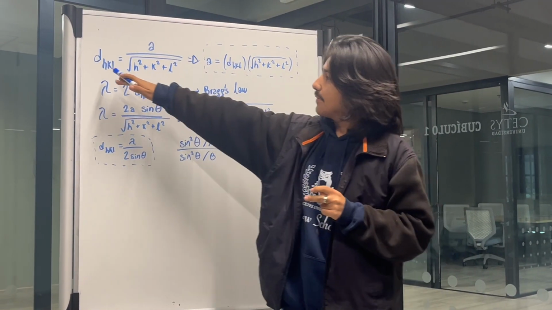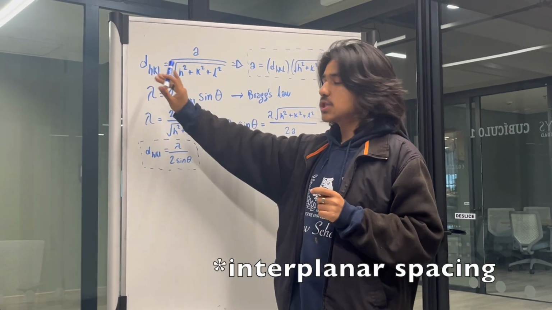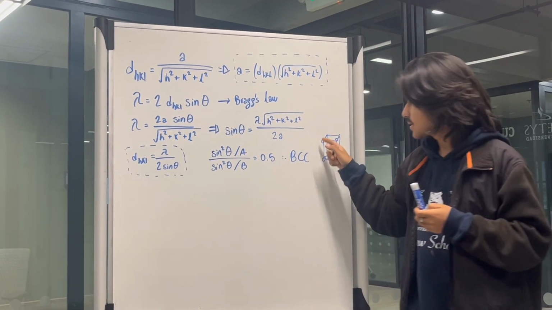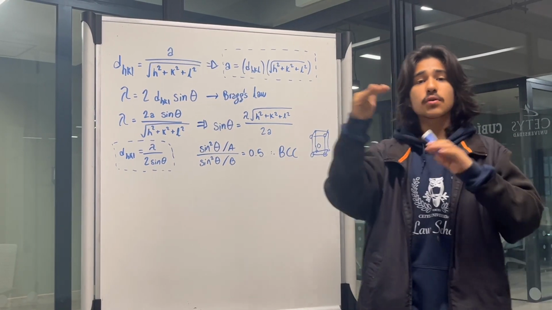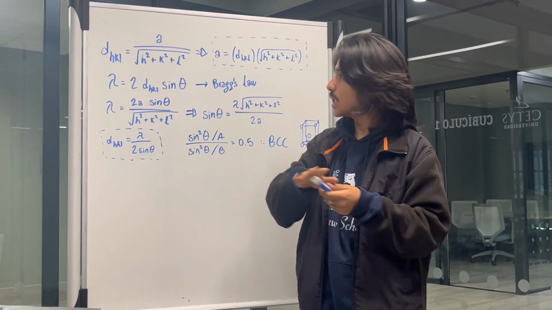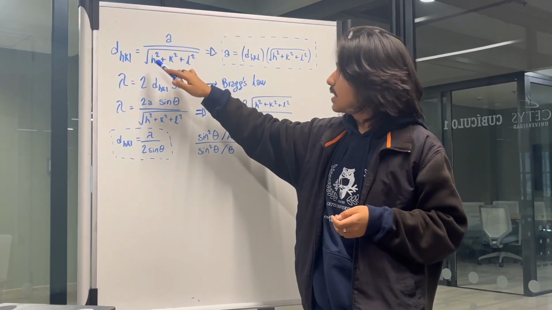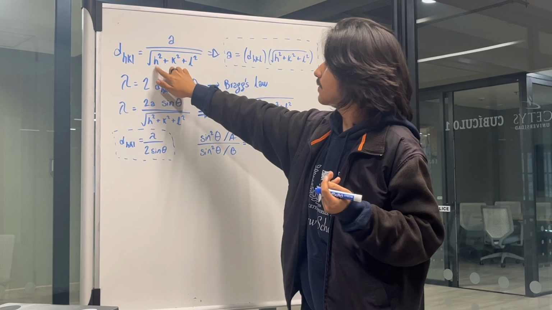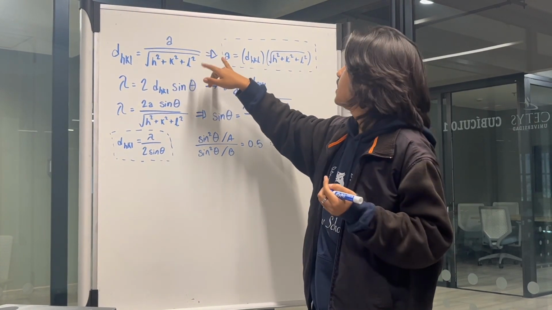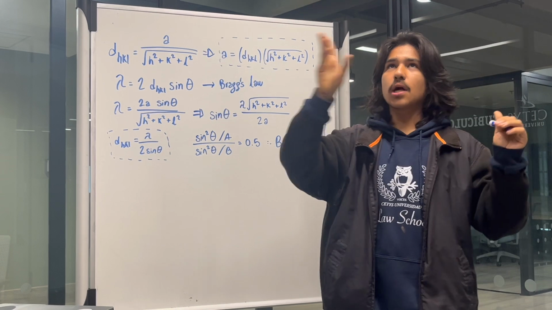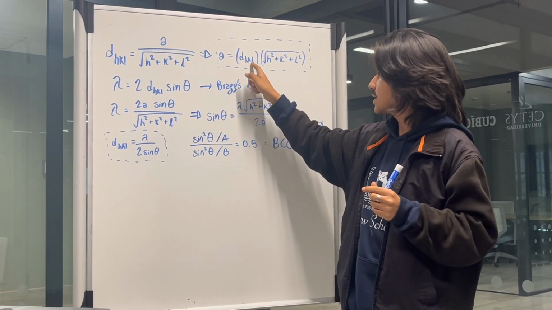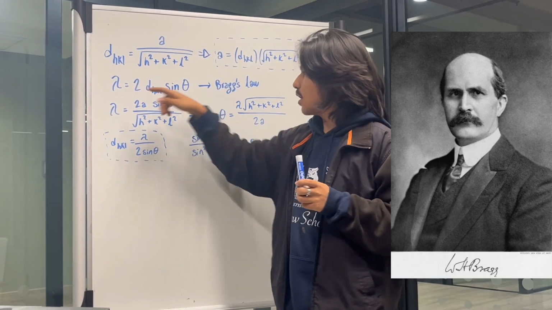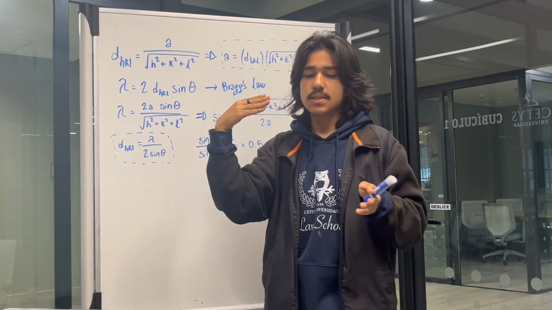So we have the formula of the distance between the planes with coordinates HKL, which are the Miller indices of the different crystallographic planes crossing through the unit cells. It is the lattice constant a divided by the magnitude of the three coordinates. So if we solve for a, we get that a is equal to the distance times that magnitude. We also have Bragg's law, which tells us that lambda, which is a constant,